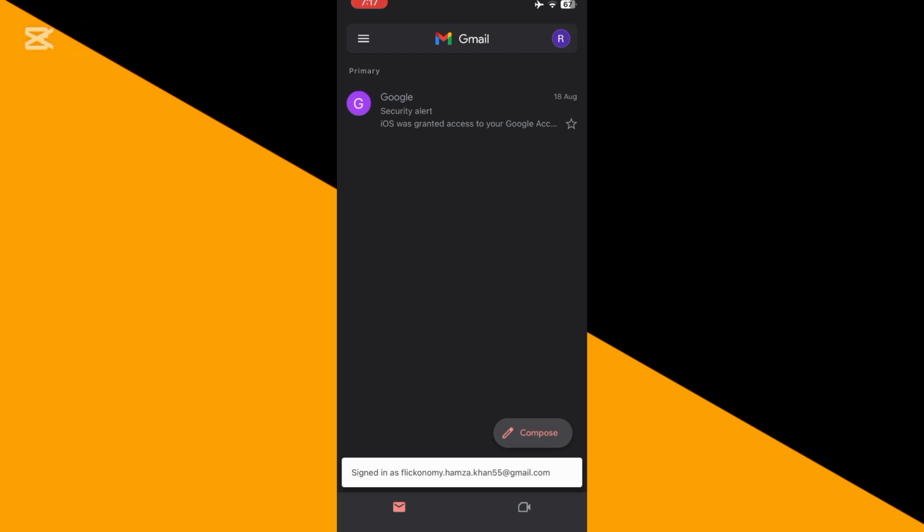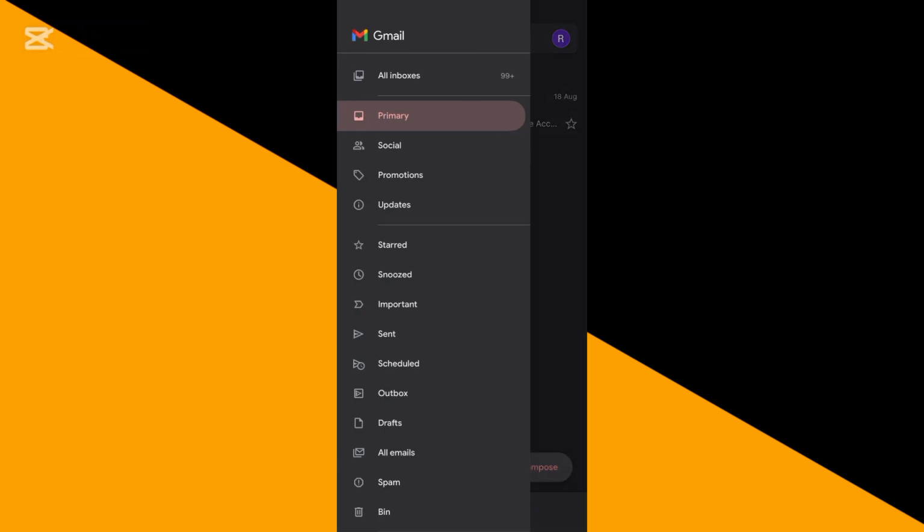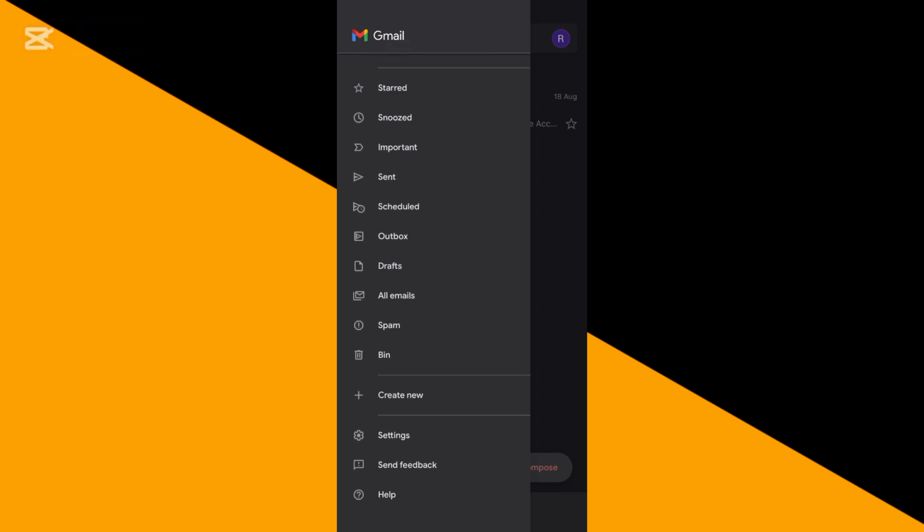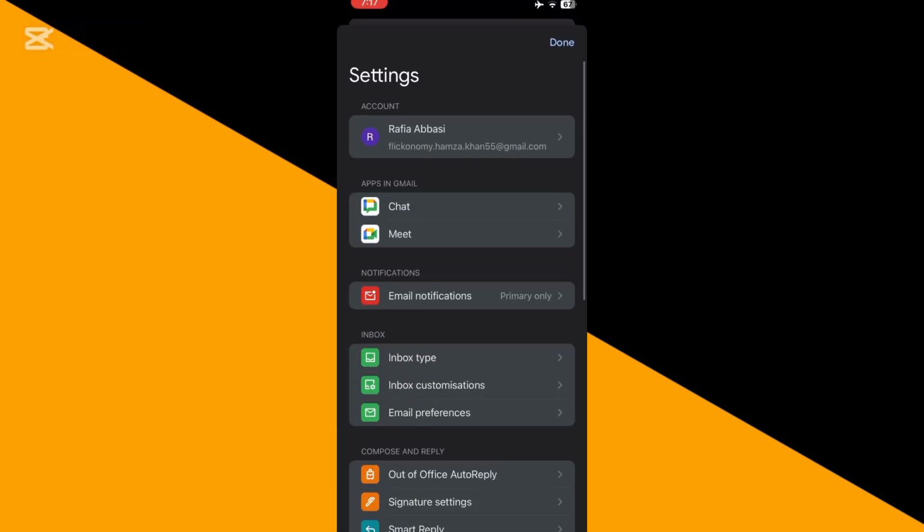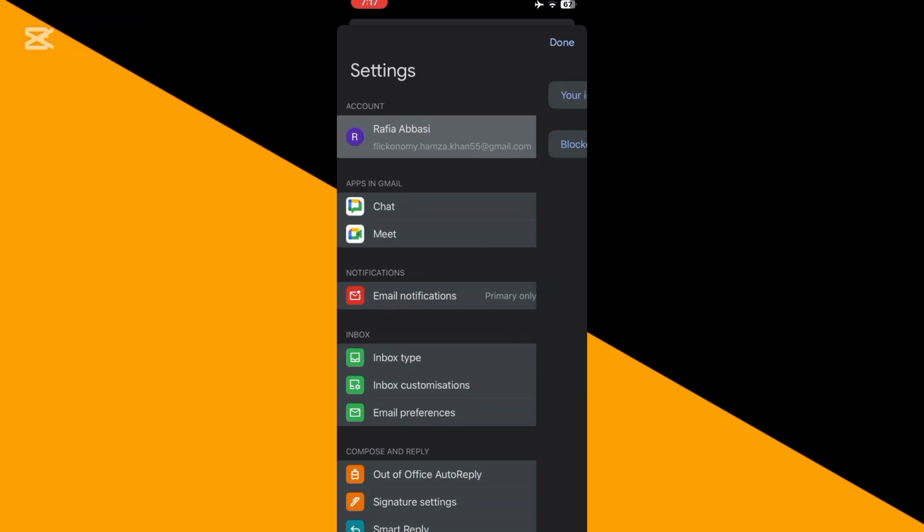page you'll have to tap on those three lines on the top left corner of the screen, then scroll down all the way, and on the bottom you'll be able to find an option of settings. You'll have to tap on it. After that you'll have to tap on it again, and you'll be able to find an option of your info, privacy and security. You'll have to tap on it,